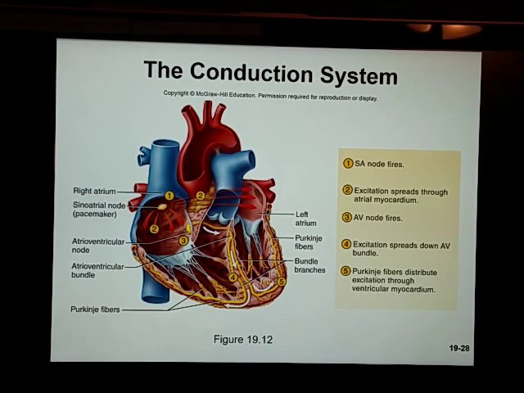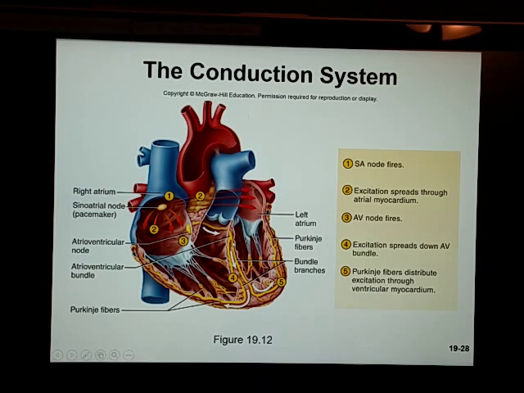From the atrioventricular node, we're going to find that excitation, that potential, okay? Notice how it's following what looks like they refer to as these nerve-like fibers. After the SA node fires and the AV node fires, it travels by way of these little